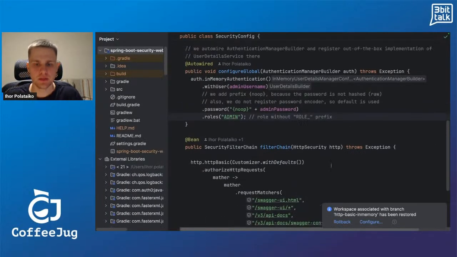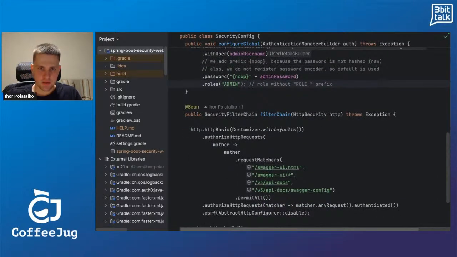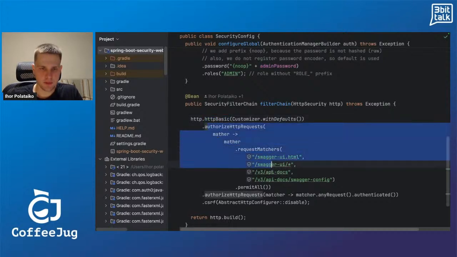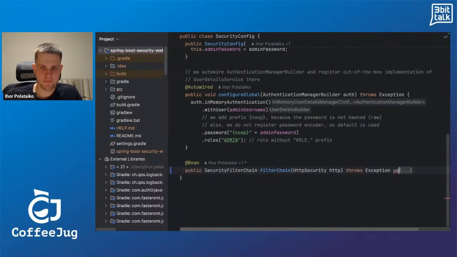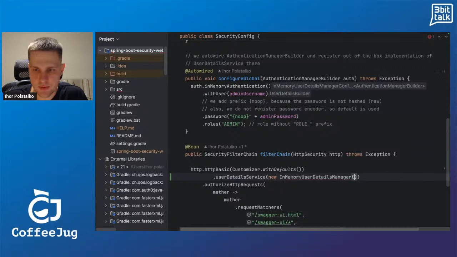So let's take a look into our configuration. Here in the method which constructs the security filter chain, I'm invoking httpBasic, which enables the HTTP basic authentication mechanism. Then I'm configuring some rules, and I could register the UserDetailsService here. In this case, I would construct a new instance of the in-memory user details manager and do some setup around it. But there is actually a handy builder